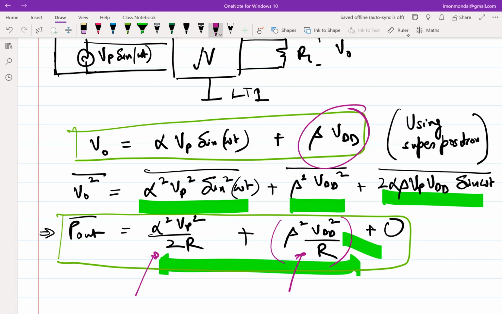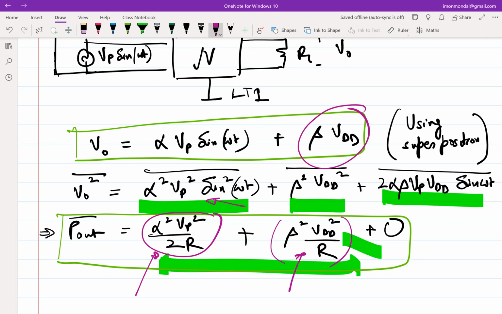2 omega. No, right? Why 2 omega? Okay, forget about this equation. When I'm expecting an amplifier, if I put in VP sine omega t, what am I expecting at the output? I mean, an amplified version of the same stuff, right? So I'm curious here, why do you say this comes from 2 omega? Because 1 plus expansion of this leads to 2 omega, but that 2 omega term gets averaged out,